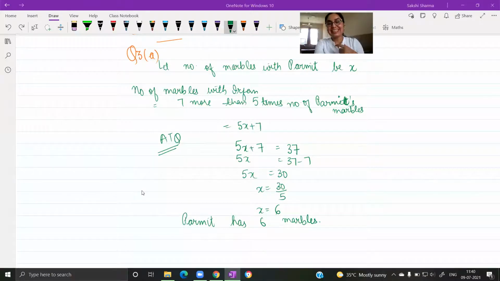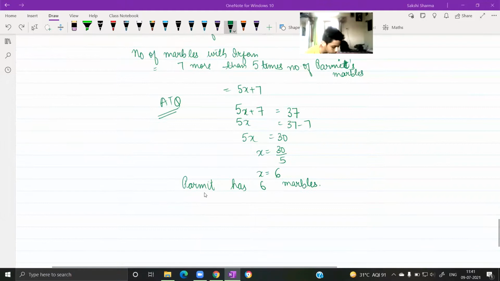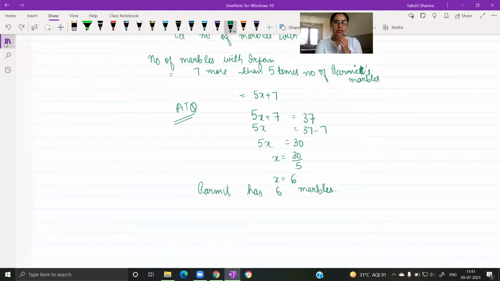Yes, Tanvi, the next part is also from the first exercise. वो वहीं से है बिल्कुल. So you are familiar with how to make the equation and then you have to solve it. I'm just waiting for 2 or 3 students who are writing down the answer for this. Done. Okay. Next question.